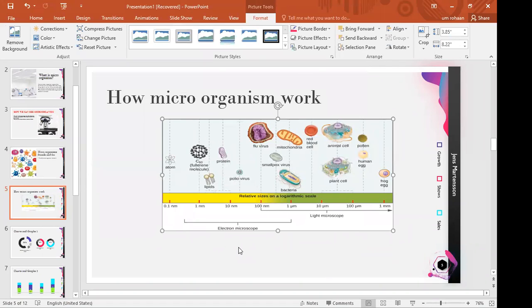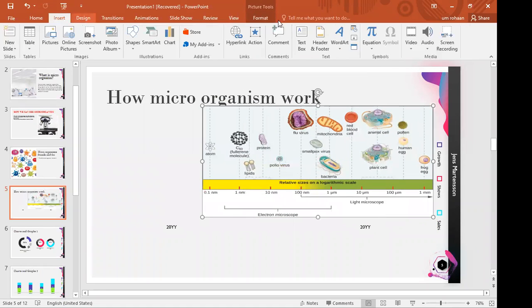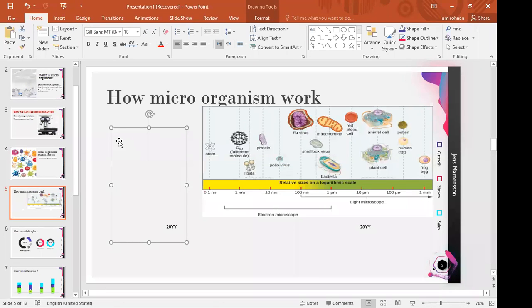That you will write a few lines that microorganisms work under heat. Okay, I will write for you. Microorganisms work under heat, moist places, damp places. Moist and damp are usually the same.